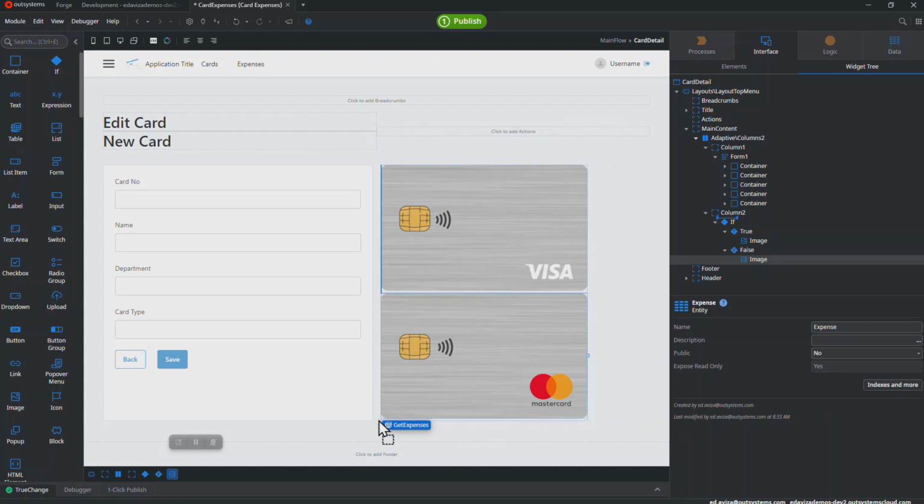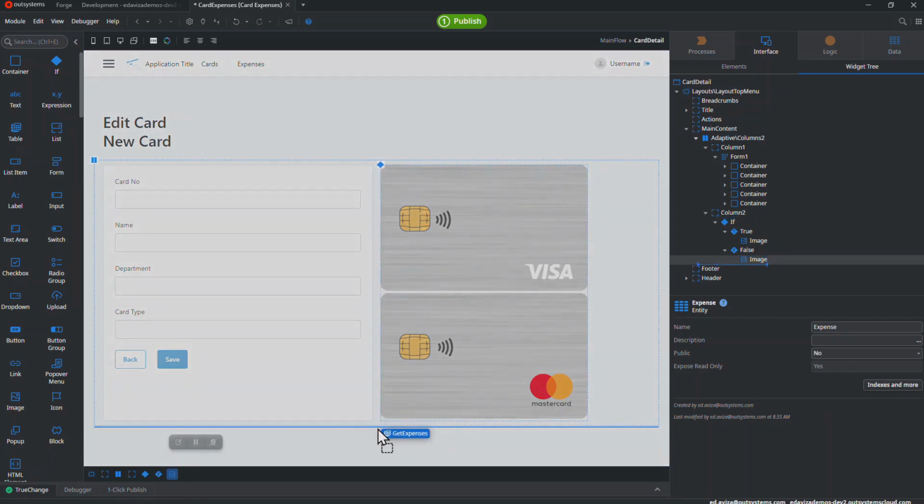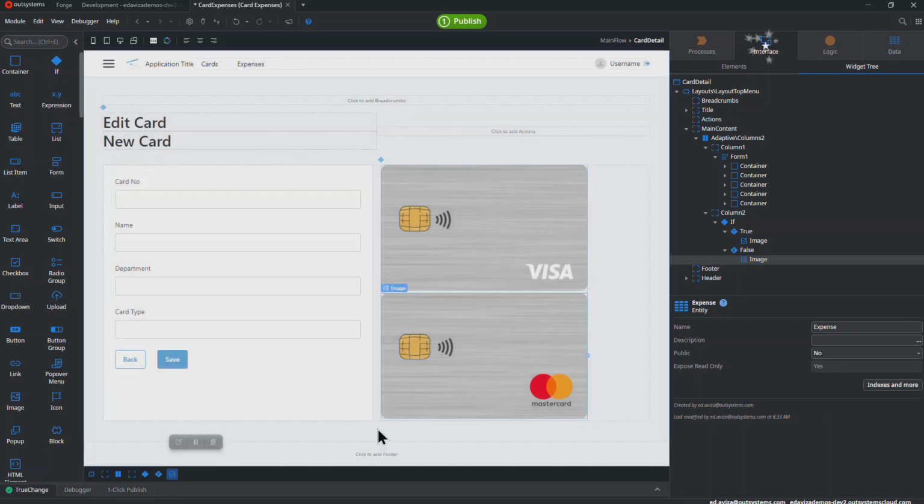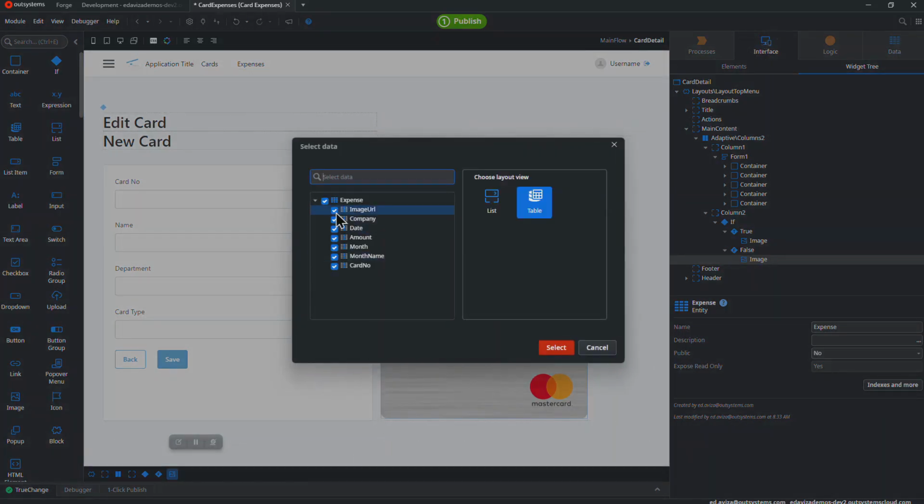But what I'm really trying to do is find the edge of the container that contains both of these items, the card information and the image widgets. And so as soon as I get down to there, we'll see a heavy blue line appear at the very bottom of both of those. Now again, this sometimes can be very finicky, and in a minute I'll show you as well how you can use various tools in the Service Studio environment to determine where you are in the hierarchy of objects on your screen. Now you see I have a hard black line at the very bottom, so I'm going to drop my